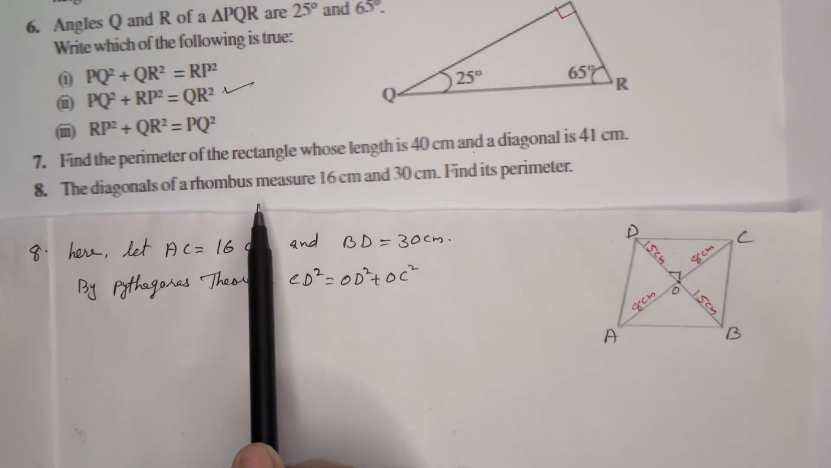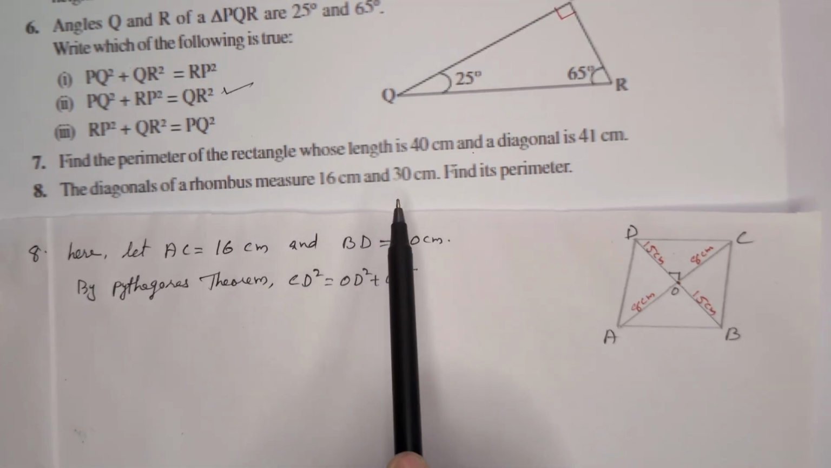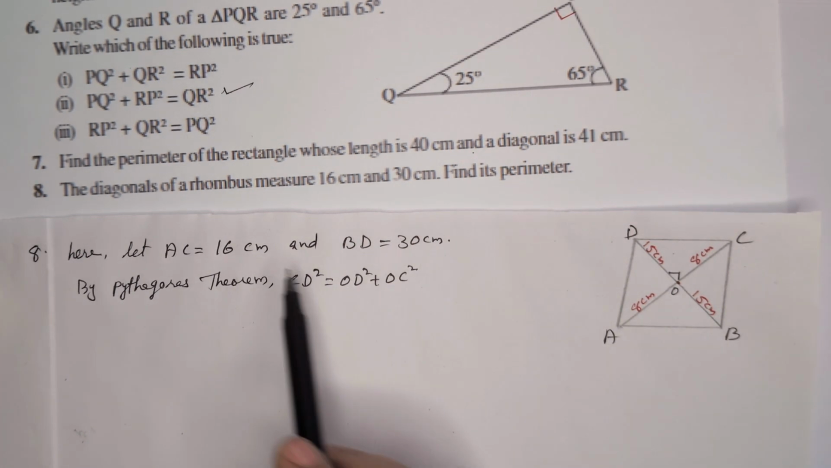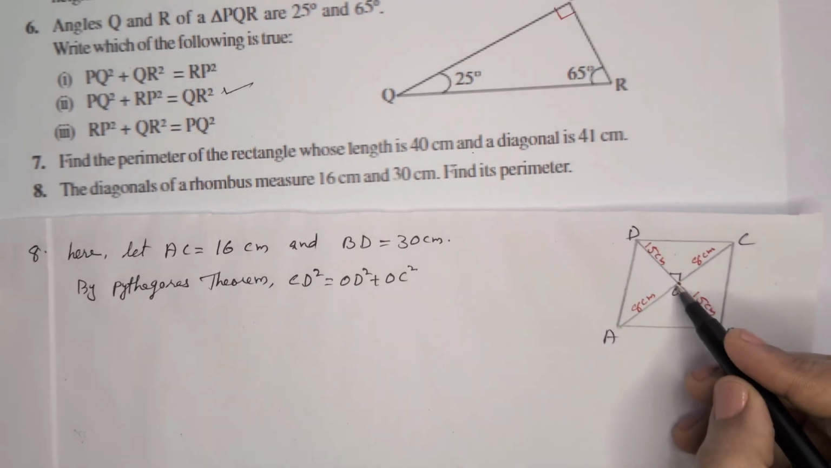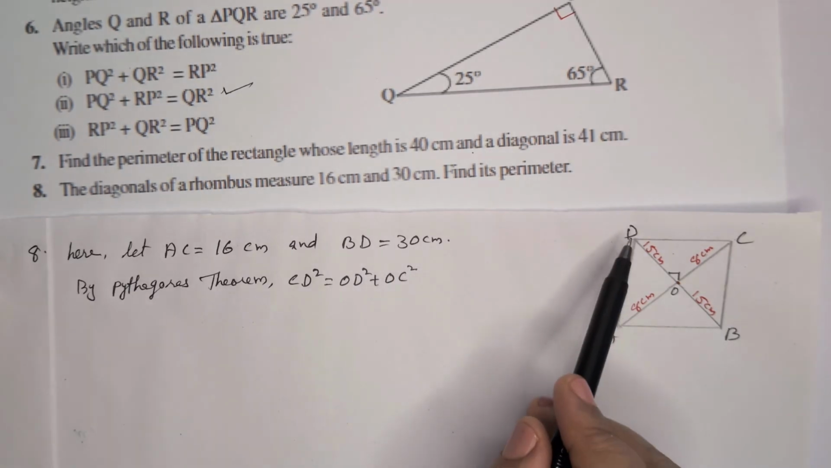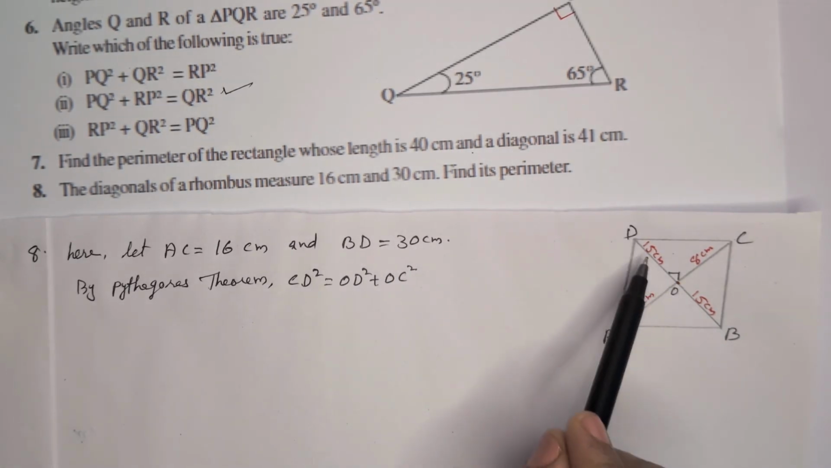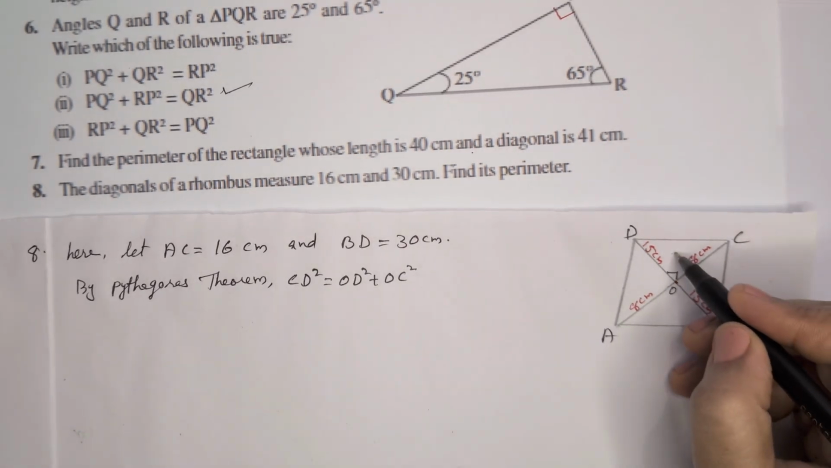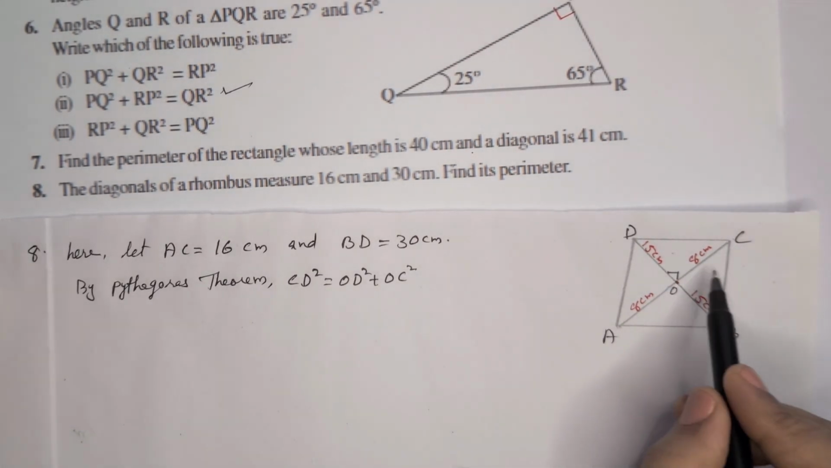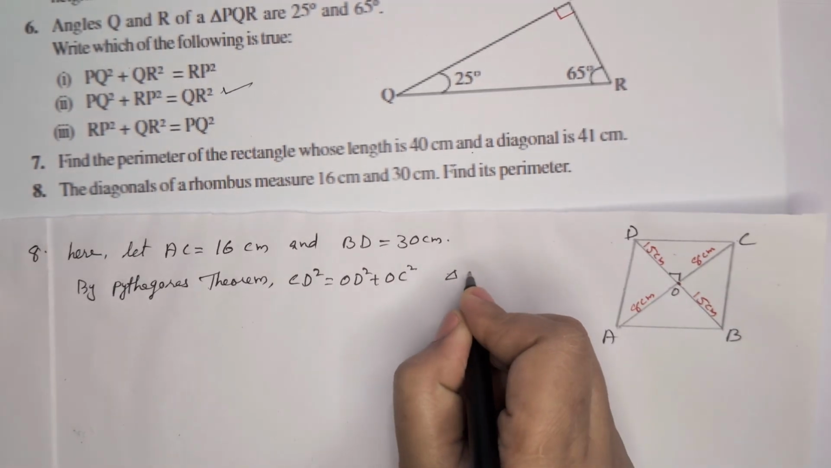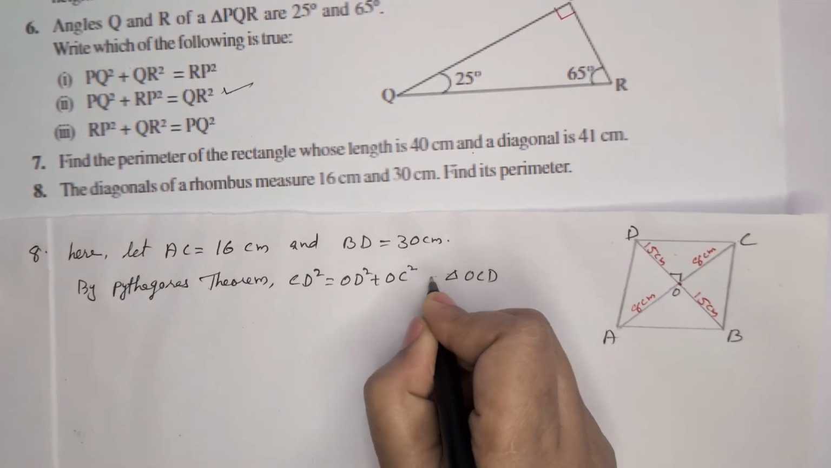Question number 8. The diagonals of a rhombus measures 16 centimeter and 30 centimeter. Find its perimeter. So we can take the diagonals AC as 16 centimeter, which means OA is 8 centimeter, OC is 8 centimeter. And BD 30 centimeter. That also bisecting. So 15 and 15 centimeters OB and OD. Now first we have to consider this triangle. In triangle OCD, triangle OCD,